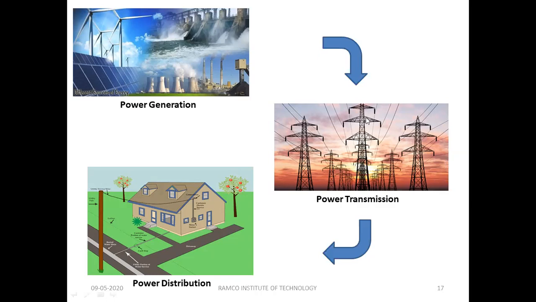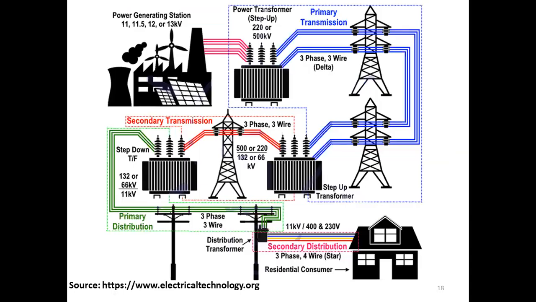See the diagram: a long electric post with so many wires, overhead lines. Through this medium we are transmitting the power. Then we get power at our home, and that portion is called power distribution. So if you want to get power, we should come across these three stages: power generation, power transmission, and power distribution. Let me explain.